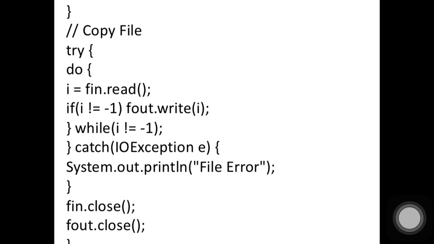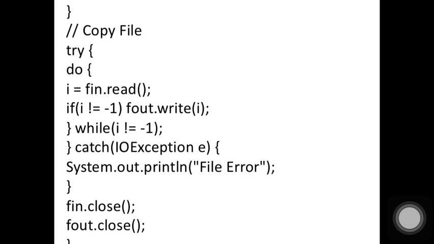So here, inside the try block, you maintain a do while loop, and you read one character or one byte of information with the read method from the input file and assign it to i. And if i is not equal to -1, you write with fout.write to the second file, which is open for output purpose. Character by character you are reading from the input file with fin.read and writing onto the file with the fout.write method. It is a continuous process: all the characters inside the first file will be copied into the second file, and whenever it reaches the end of file,